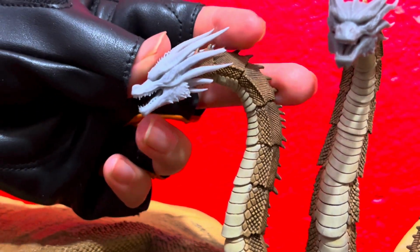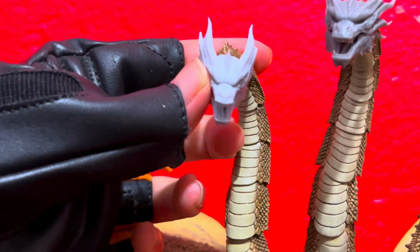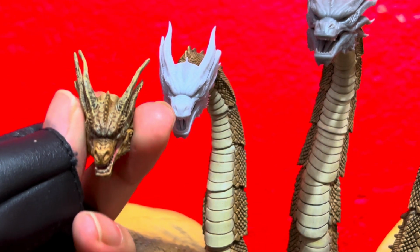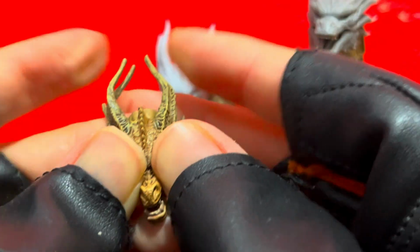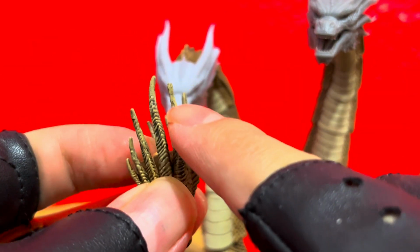Honestly, just attach them how you think they look nice with your figure, and that's about it. Now, if you're lost and you do want to follow the correct order, well, just a quick Google search with the original Ghidorah should do the trick. Just look up concept art or the original, full render of Ghidorah, and you should be able to easily notice